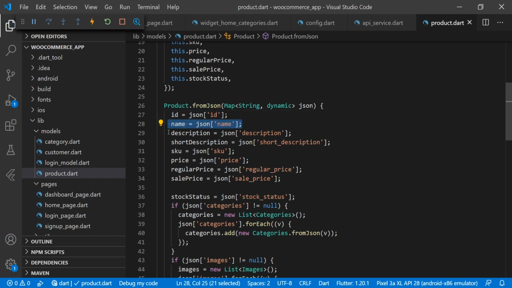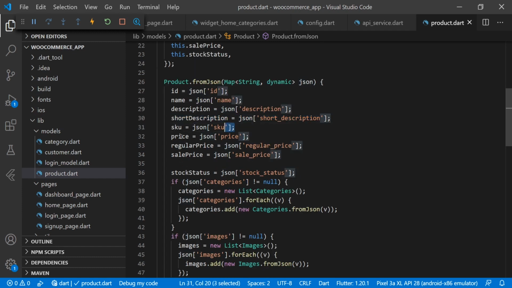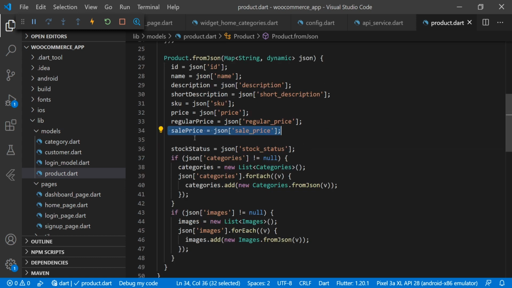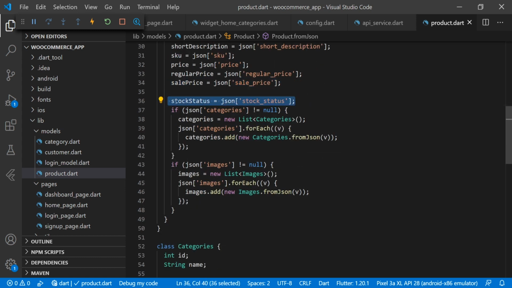Then name, description, short description, SKU, price, regular price, sale price, stock status, and here we are checking if the JSON category is not null, then we are initializing the list category, and for each we are adding data to that category variable on the basis of that category JSON, and we are mapping it with categories dot from JSON.